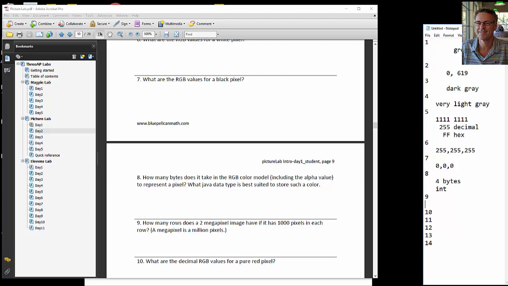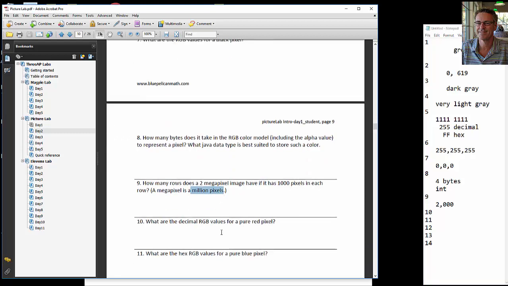9, how many rows? So 1,000 times 1,000 is 1,000,000, right? That's 1 megapixel. If it has 2 megapixels, how do you get 2 million? It'd be 2,000, right? 2,000 times 1,000 is 2 million. That's 2 megapixels. And they give you a hint here, a megapixel is 1,000,000 pixels. 10,